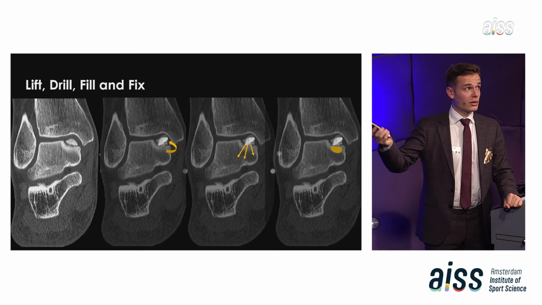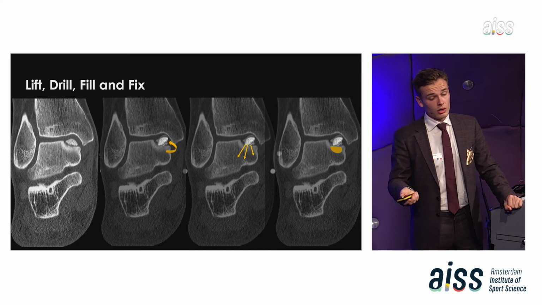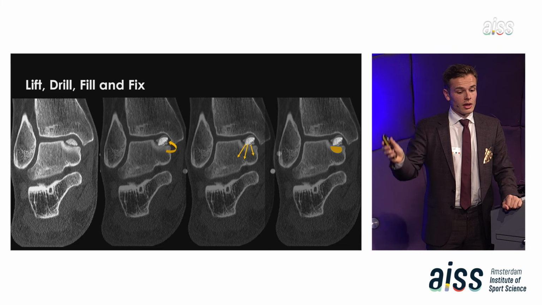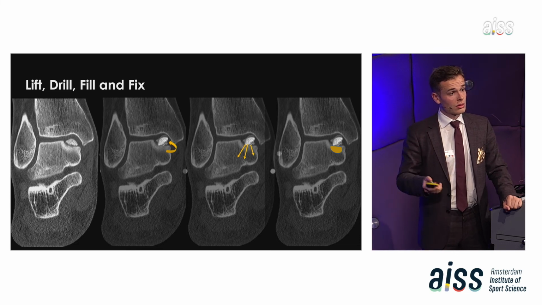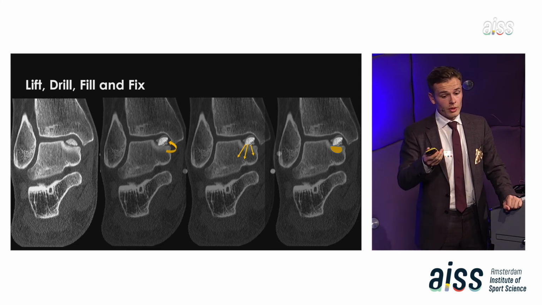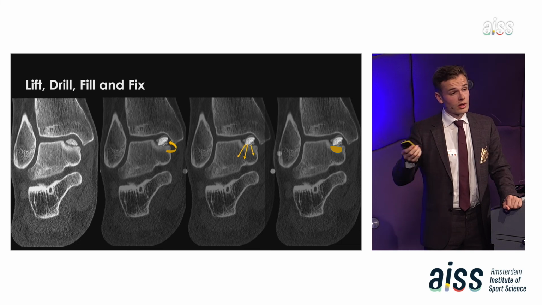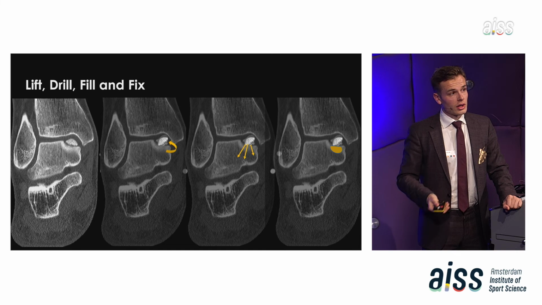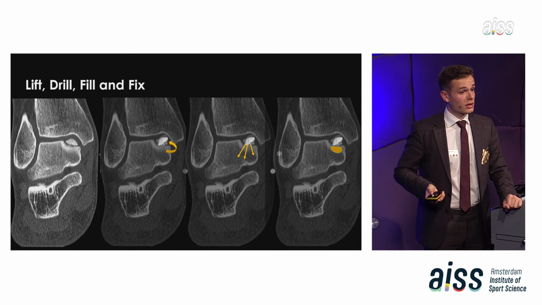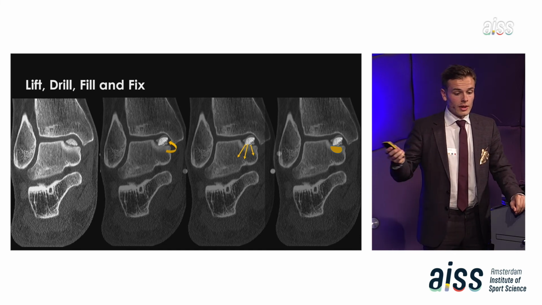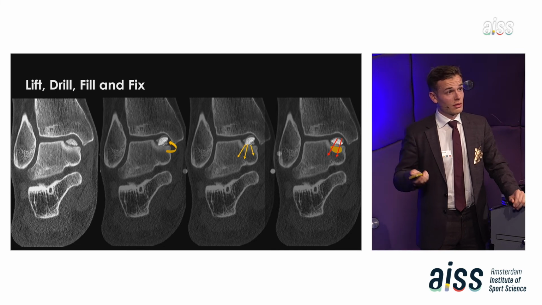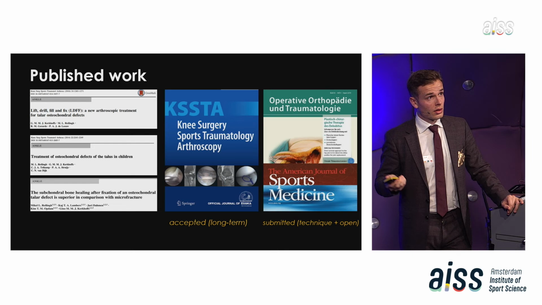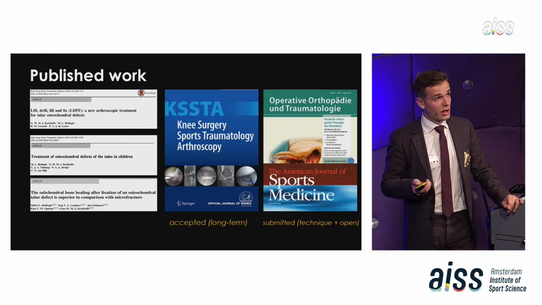On the left side, you can see the CT scan, for example, before surgery. Then we lift up the whole fragment to the side. We drill in order to get the biology in there and let it move up. Then we can add some healthy bone on the basis of the fragment, which we can take from either the shin bone or the iliac crest, some small bone. The last part of the procedure is that you fixate it with 2 small screws. This one also works effectively in 90% of the patients and shows good union.